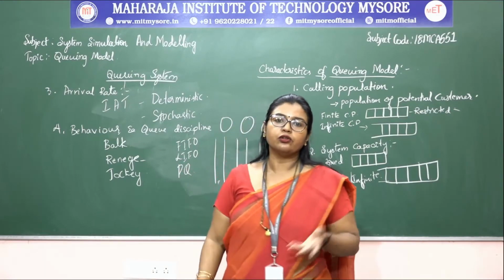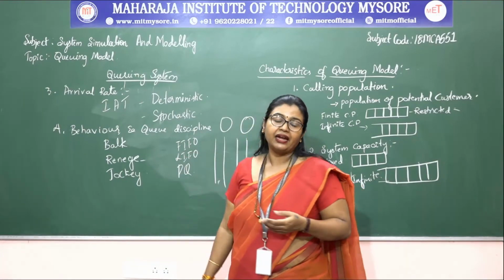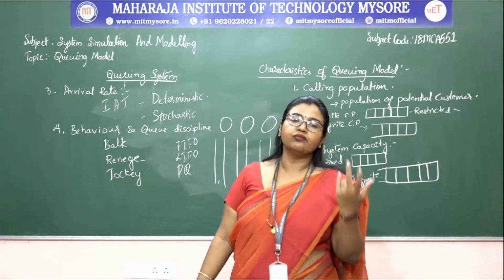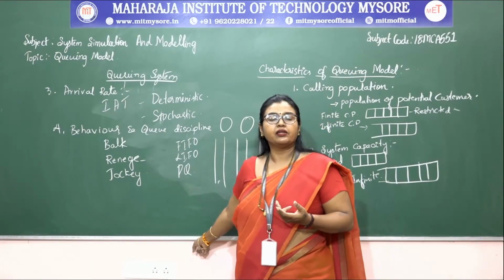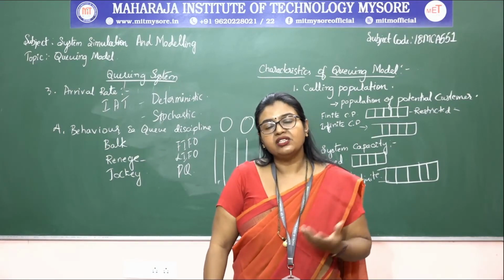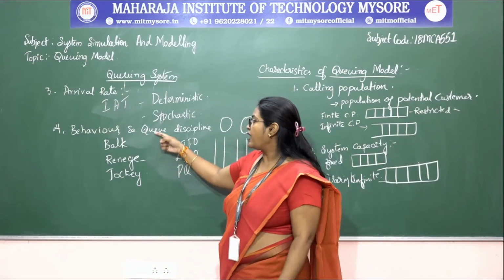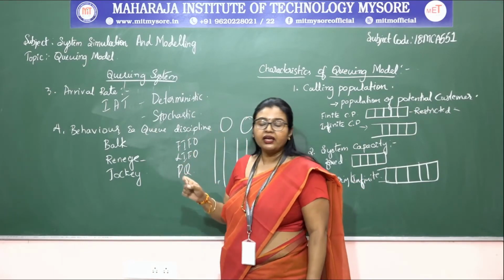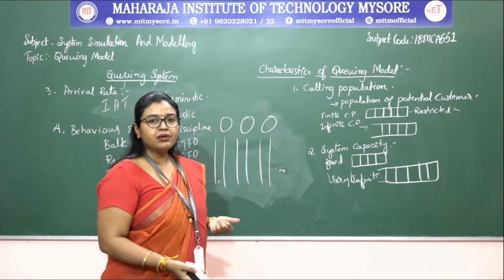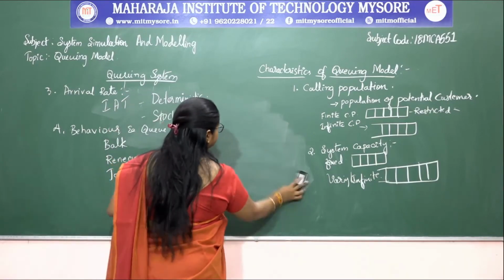According to that also we are going to give the services, or the discipline may vary, and depending on the shortest processing time also we are going to allocate that particular service to the customer. So this is how we can give the service to the customer depending upon the behavior of the customer and the queue discipline. The next characteristic of our queuing system is the last one.